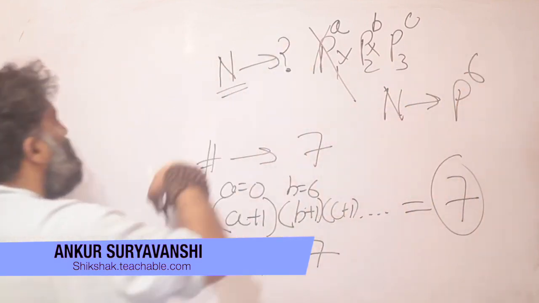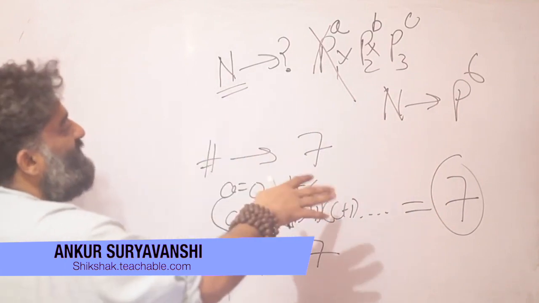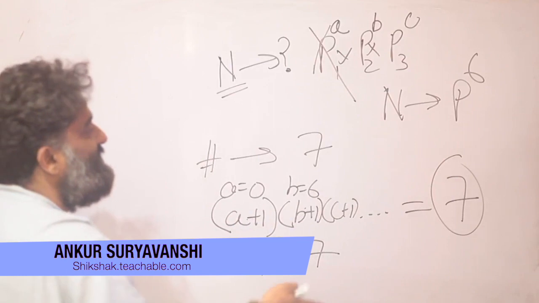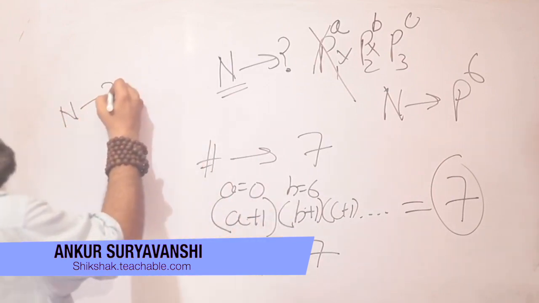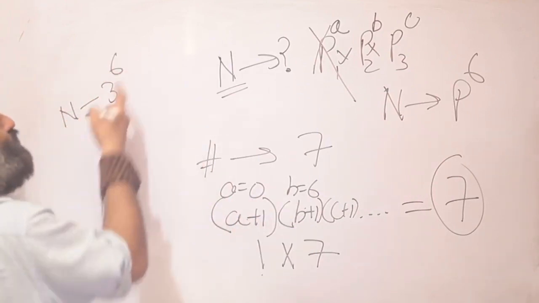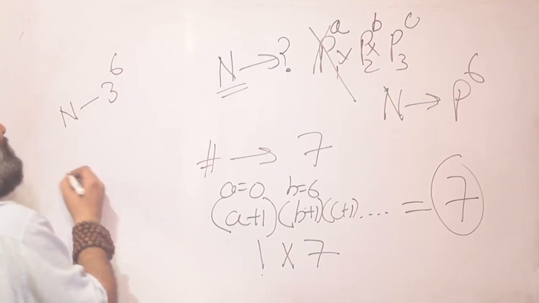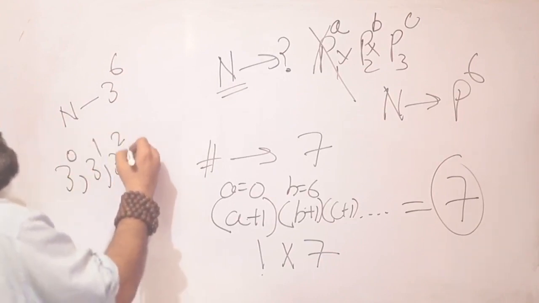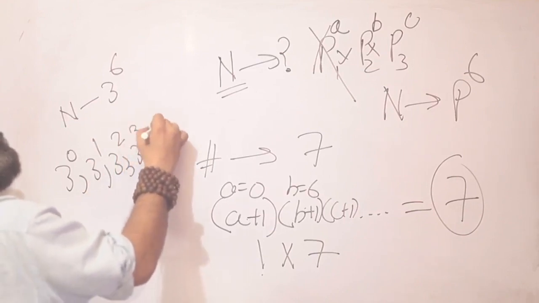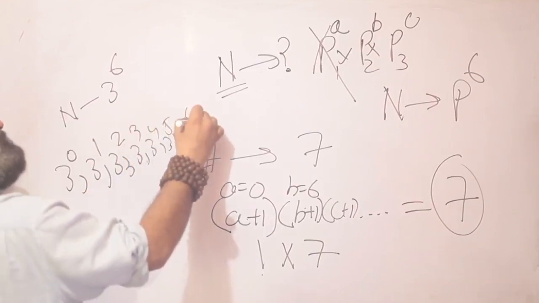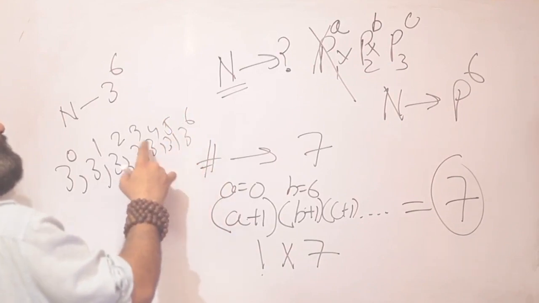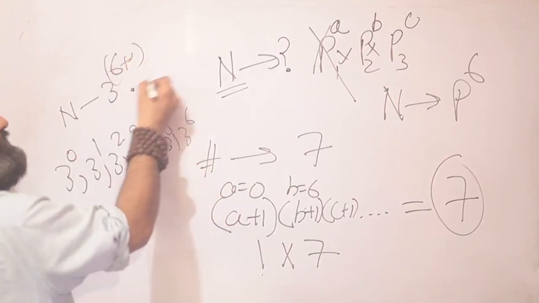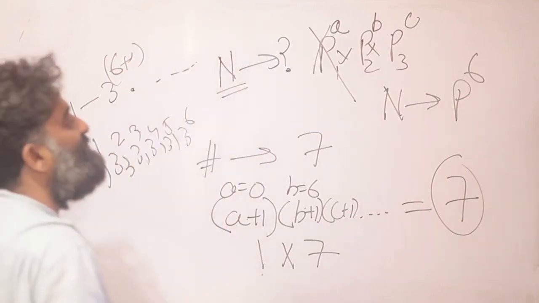You can think backwards with an example again just to get comfortable with the process. Once you understand it, then the speed will come very, very easily. So I say, let's say the number is 3 raised to 6, and I ask you what are the factors of 3 raised to 6? You know 3 raised to 0 will divide it, 3 raised to 1 will divide it, 3 raised to 2, 3 raised to 3, 4, 5 and 6. How many factors? 1, 2, 3, 4, 5, 6, 7. So I'm doing that 6 plus 1 thing only. Only there are no other primes, so I'm not doing the multiplication bit.